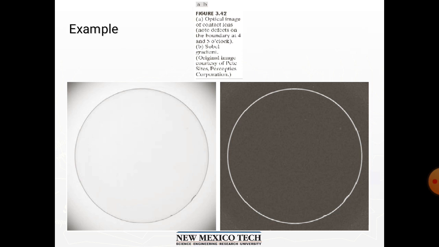Figure A shows an optical image of a contact lens illuminated by a lighting arrangement designed to highlight imperfections, such as the two edge defects in the lens boundary seen at 4 and 5 o'clock. Figure B shows the gradient obtained using the above equation with the two Sobel masks in figures D and E. Here the edge defects also are quite visible in this image,